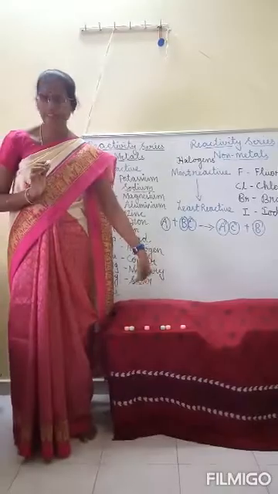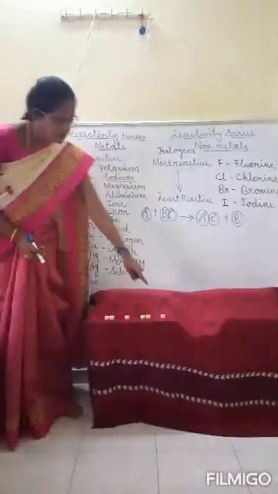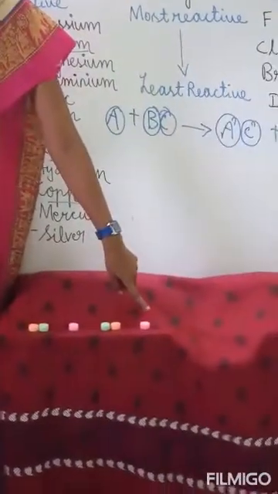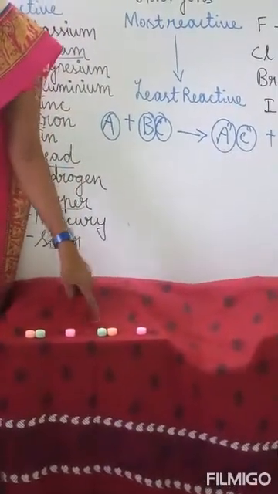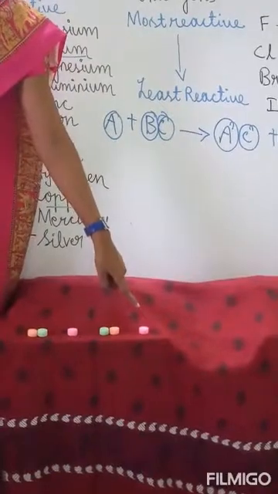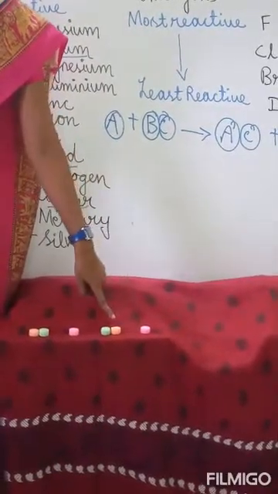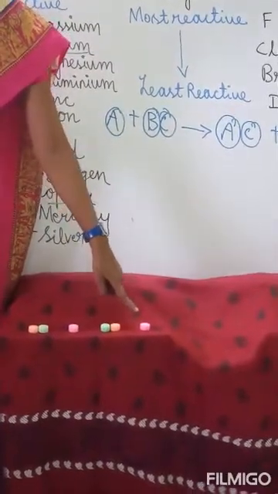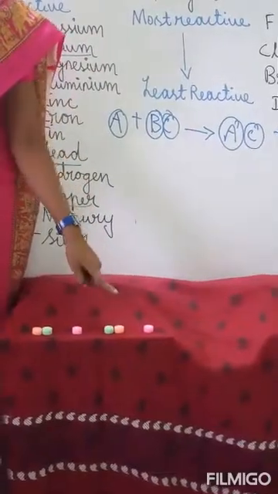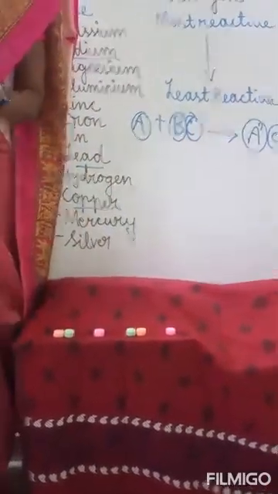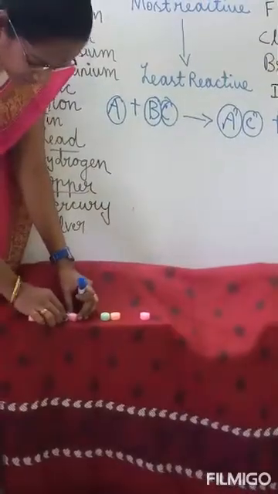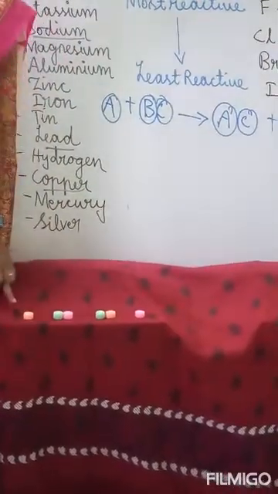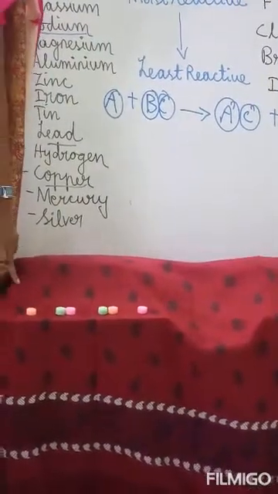Visualize with these color balls now. Okay. So, see here, this is the element A and this is compound B and C. Element A is more reactive in nature, but B is less reactive. So, element A displaces, means takes over the place. It displaces the B. So, what happens here? It pushes off the B here. So, we get B here. This is the single displacement reaction.